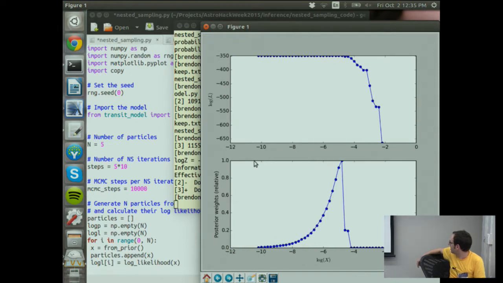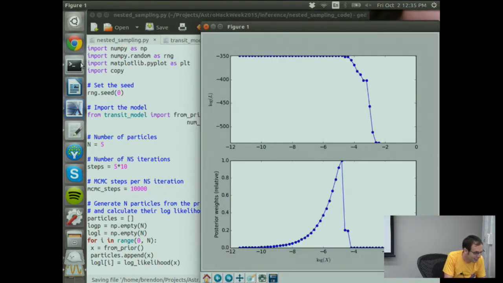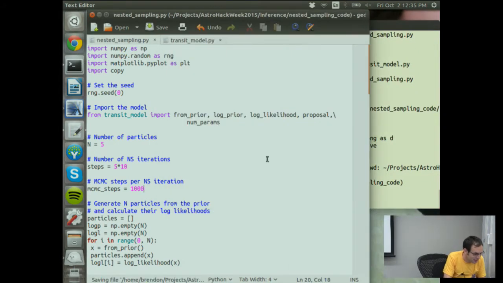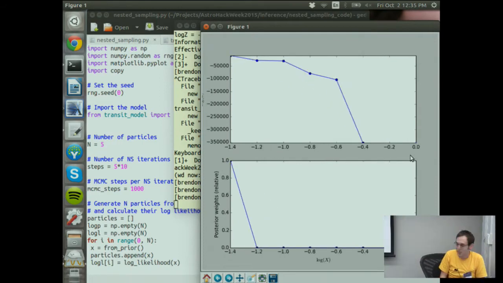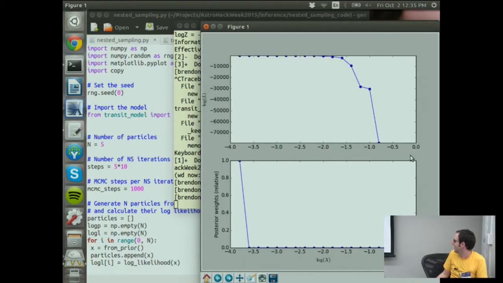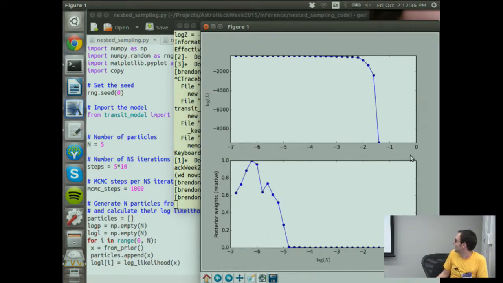Okay. So, oh, did I go further than 10? What did I do? I didn't save. Oh my goodness. Okay. Sorry about that. You know, let's just do fewer MCMC steps, make it go faster. Much better. And of course I could have written it in Julia, but Eric's not here anymore, so it doesn't